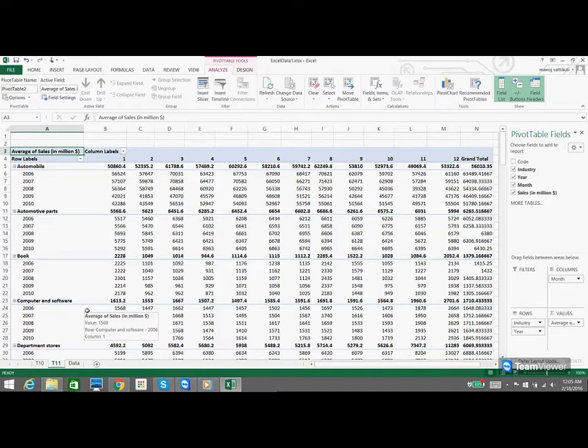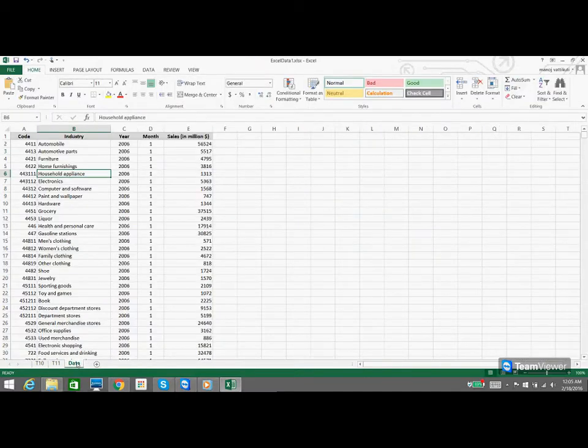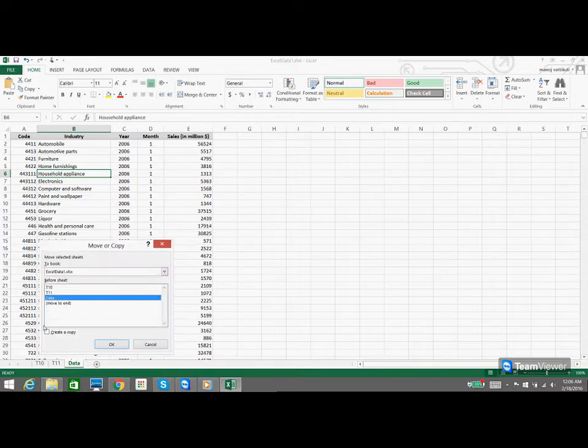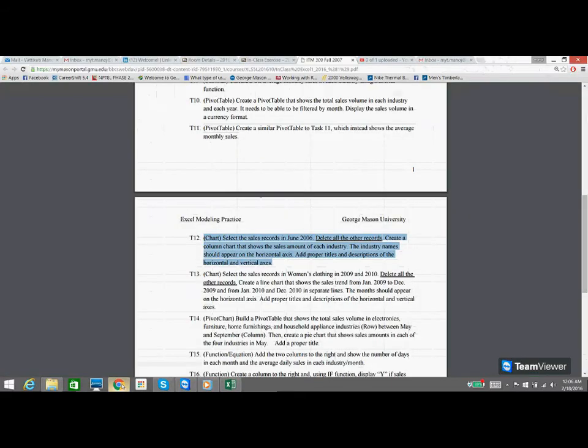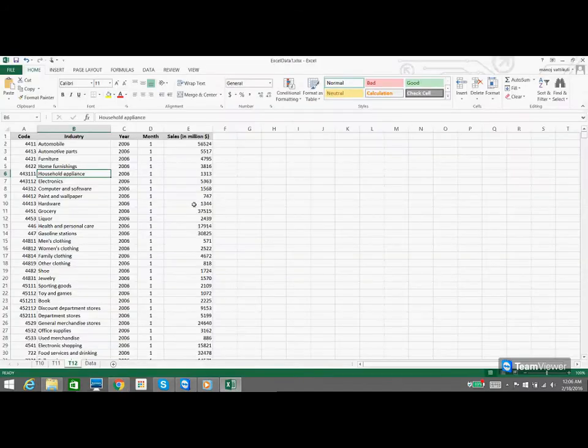Now going into the original data sheet, creating a new copy from the original data sheet and renaming this as task 12 and clicking on OK. Now understanding the question, since we need to create a column just for the sales records in June 2006, apply a filter where you can